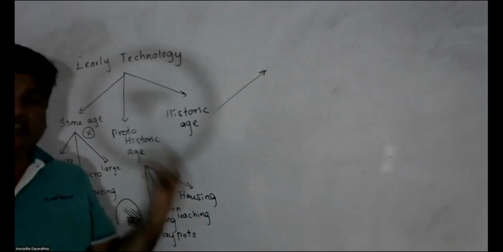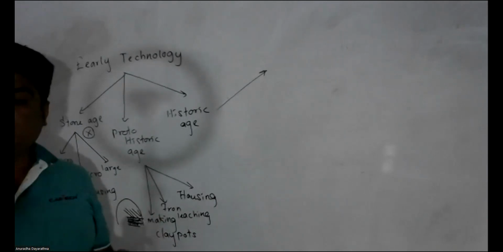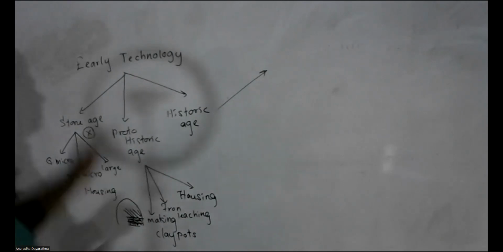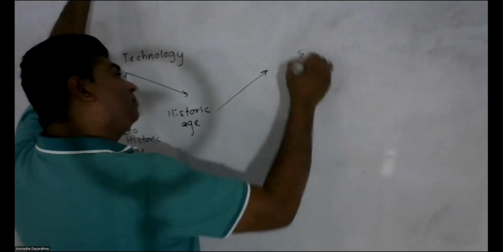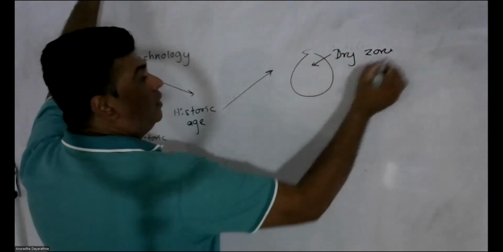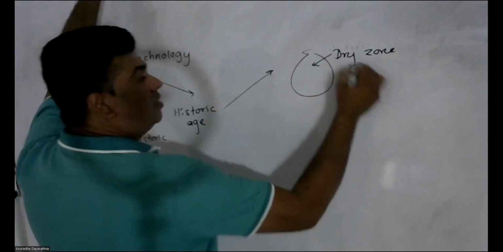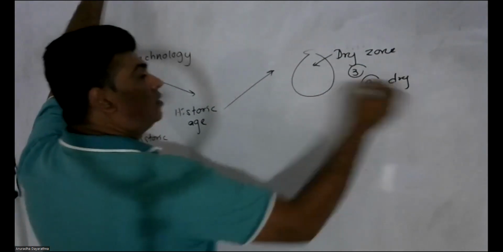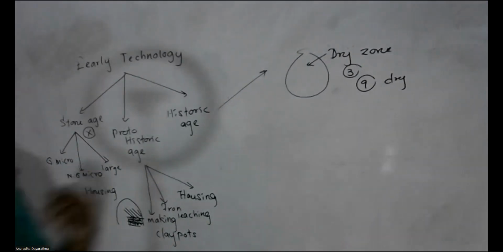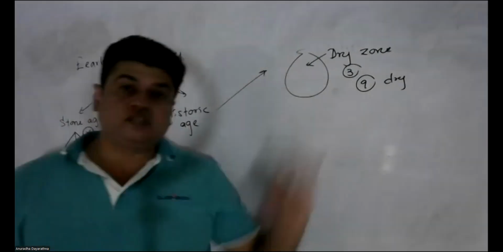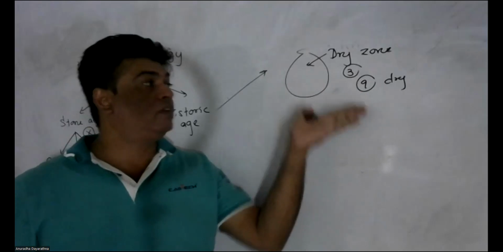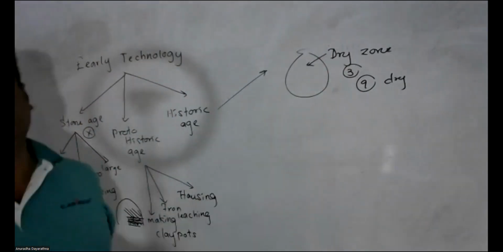Here, we know that Sri Lankan civilization was a water civilization, a hydraulic civilization. Why do we call it a hydraulic civilization? Because it is related to water. Many of the settlements in Sri Lanka had been located in the dry zone. The main problem with the dry zone is what? Less rain. Only 3 months raining, 9 months dry. So the main cultivation in this region was paddy. Paddy needed much water. So how could they do paddy cultivation in these 9 dry months? That is the problem.